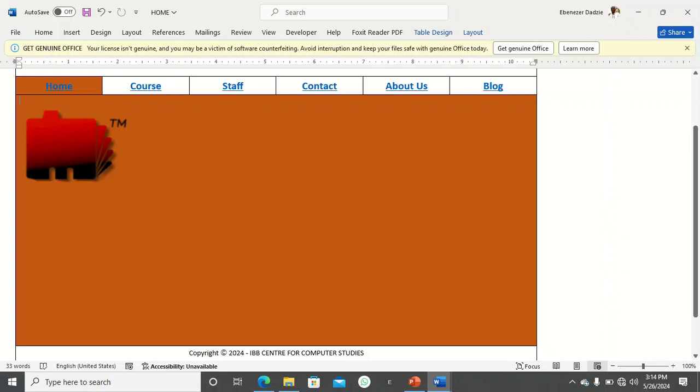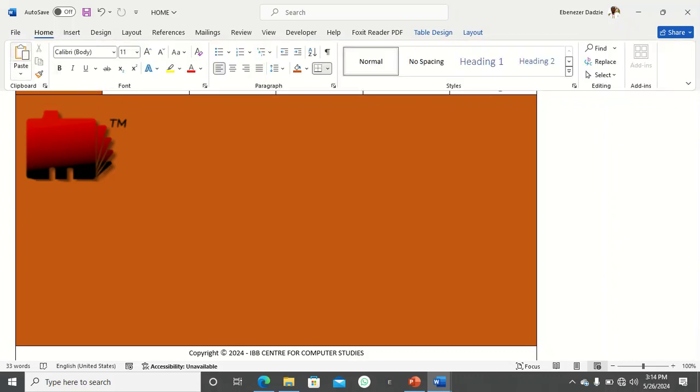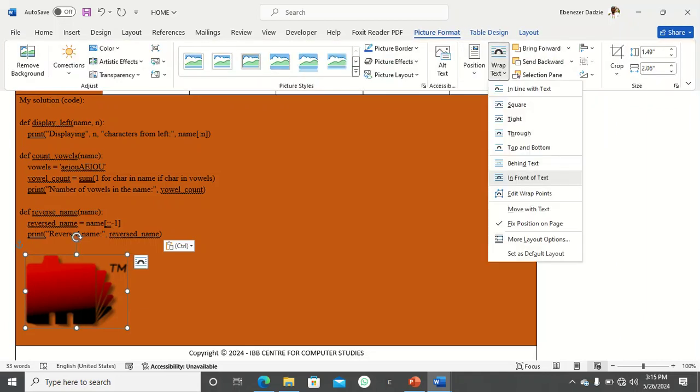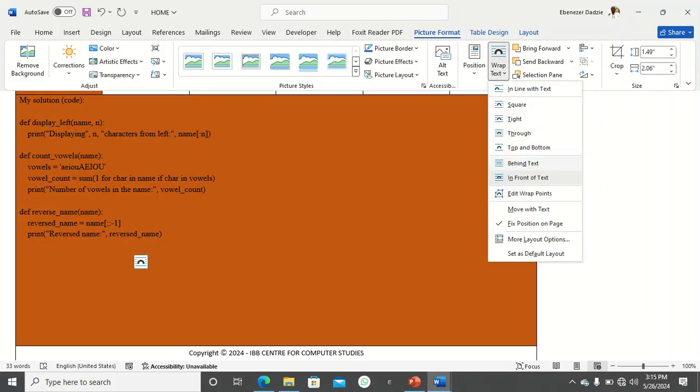So I'll just highlight it, copy it, and come and paste it. Now you can see that my career is in the first page. So what do I have to do? Let me paste it and see what will happen. So you see that if I paste it, the picture has moved downward. So what do I want? I want the picture to be here so that the text also moves. So all that I have to do is just do another setting to it. So let me go for